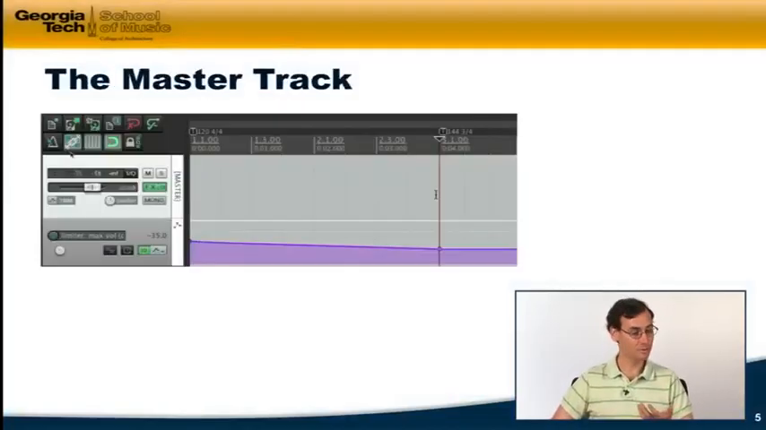So a couple other things I want to talk about here. One is the master track versus individual tracks. So far, we've been inserting effects onto just a single track in Reaper. So those effects are only affecting the audio on that single track. But there might be times when you want to insert an effect that will affect the audio on all of